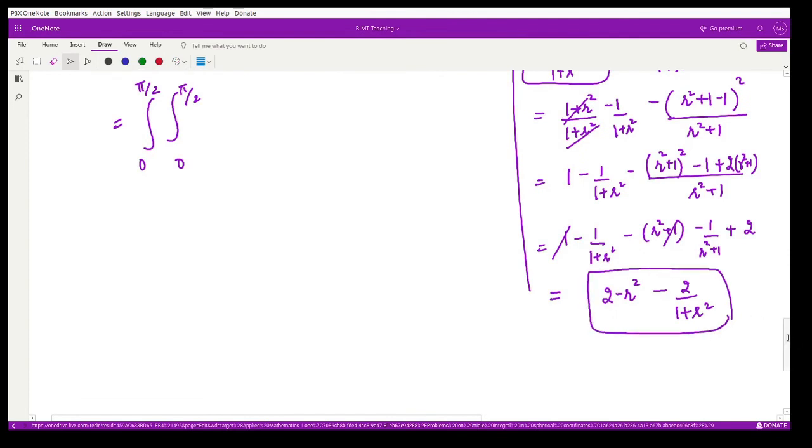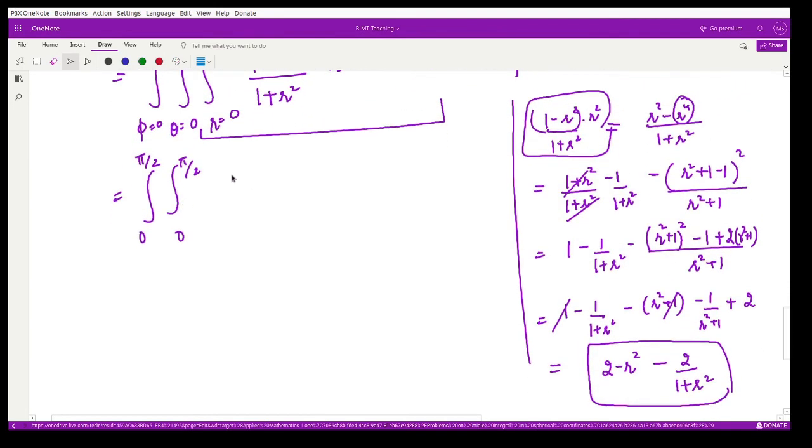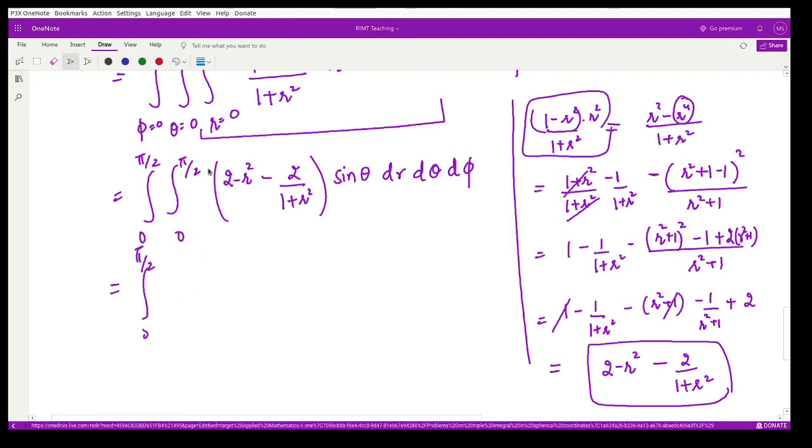Now its integration could be performed. So I'm directly writing it over here. So it would be 2 minus r square minus 2 upon 1 plus r square. This term. And because sine theta doesn't make any difference, being constant, because we are performing integration with respect to r, so its integration would simply be here, also the limits for r, that is from 0 to 1. Okay. So now what is the integration of this term? So we have 2r minus r cube by 3 and minus 2. The integration of 1 by 1 plus r square, that is tan inverse of r. And the limits here,